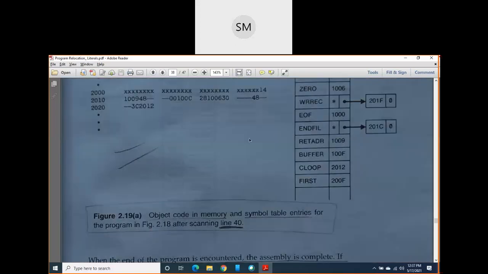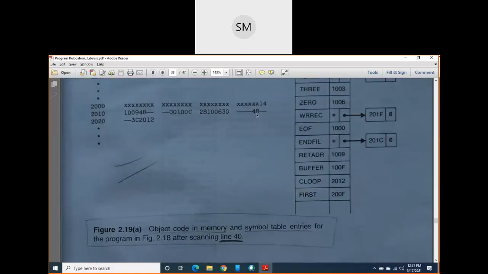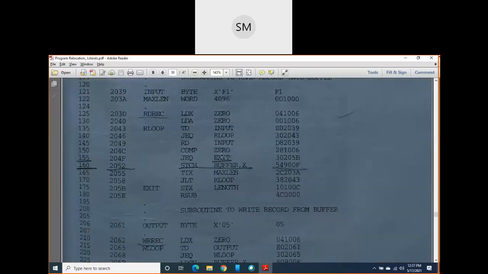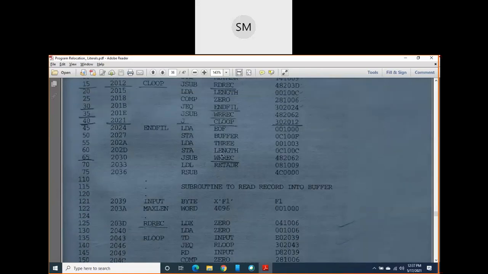Next, when you come to the next line, you will once again write the object code 48 here, because in our program you once again have a JSUB instruction. See here, immediately in the next line, line number 35, you have a JSUB instruction with operand write record this time. Earlier it was JSUB read record, now it is JSUB write record.